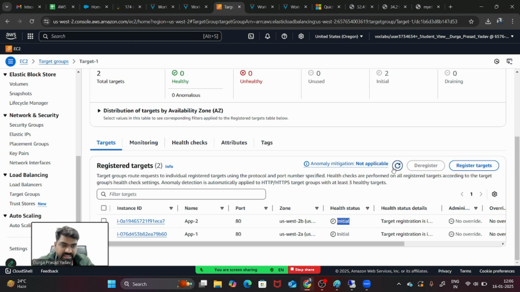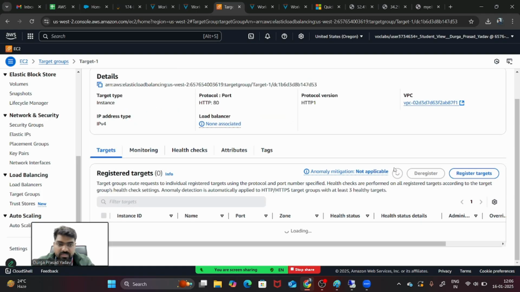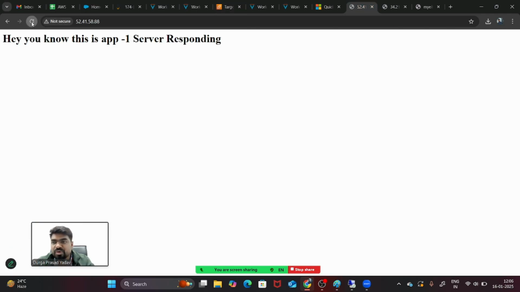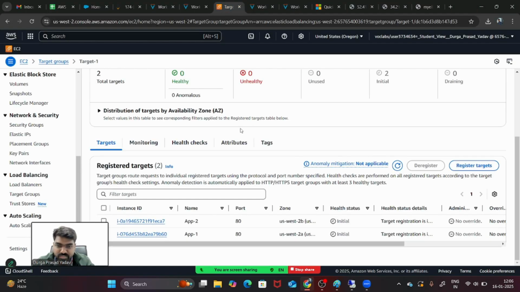You can just refresh one more time. Both are healthy. We are able to see here, this is responding and this is again responding. 1 and 2 both are responding, which means the target is healthy, but it is taking some time to verify whether the target is healthy or not.